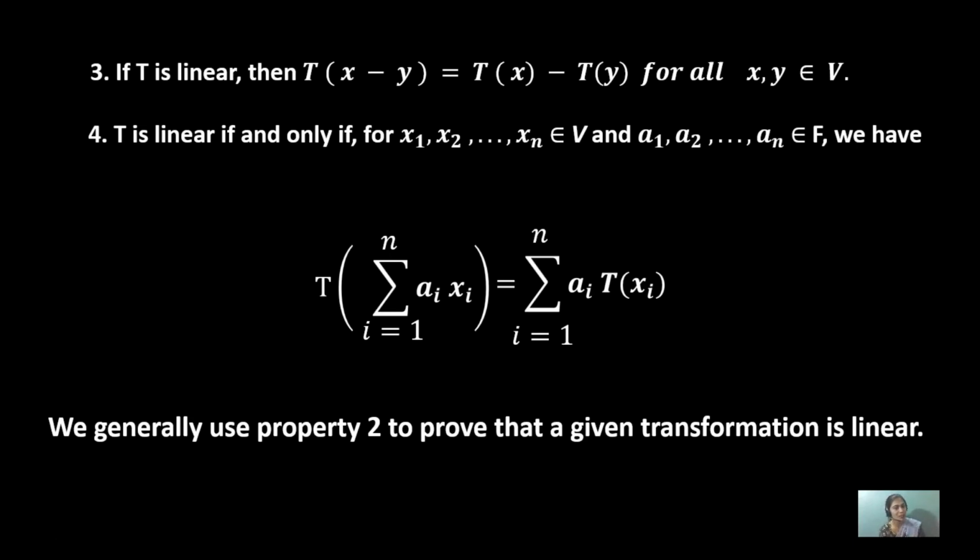The first point is addition, the second is multiplication, the third is sometimes zero, the fourth is subtraction, and the fifth holds if and only if T is linear. Then, for x1 to xn elements of V and a1 to an elements of the field, the formula is multiplied into the linear form of T. The constant quantities come first, and after that T is applied. Then this theorem or principle will be used in this form.